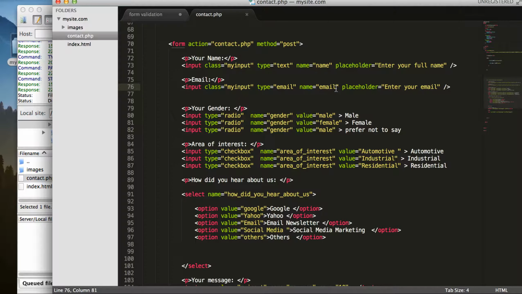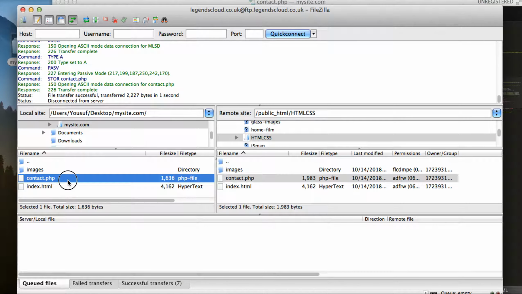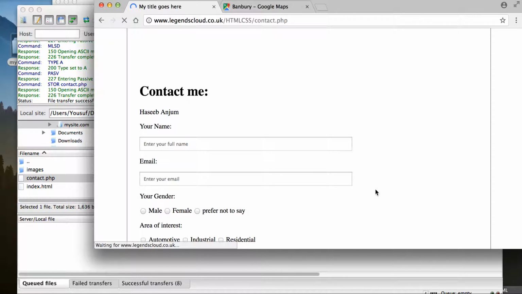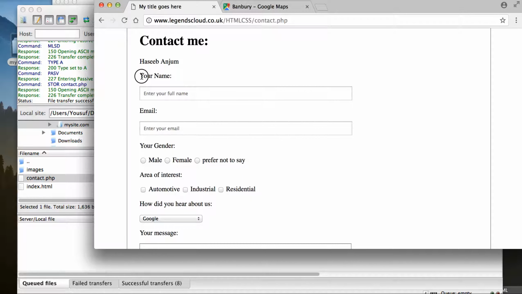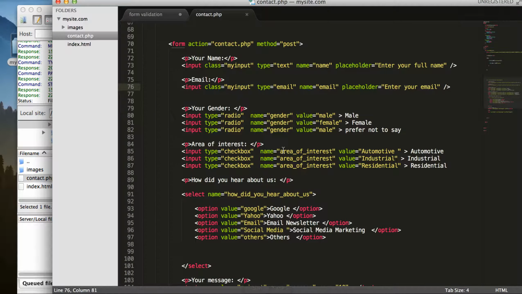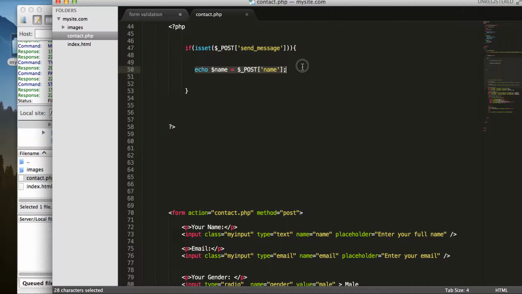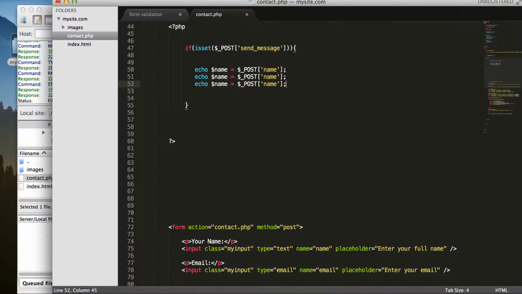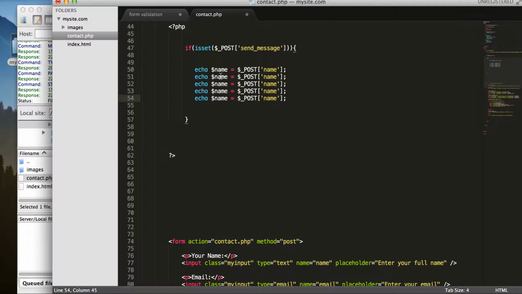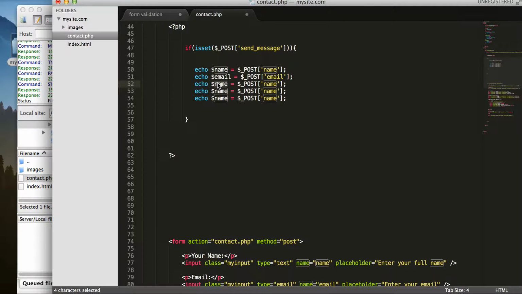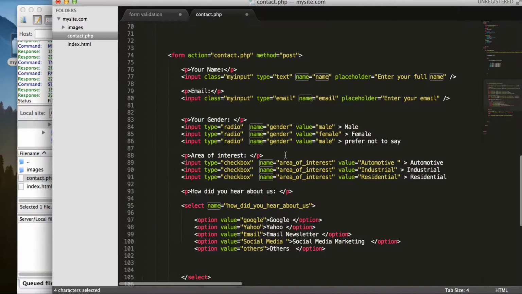So if I write the email, that email box should be coming up onto the page. If I process, as you can see, we have name and we have email. If I want to check whether I'm getting the email address as well, I just copy the whole thing, and I can copy the whole thing for all the other values, for example name, email, and we have email. Here we have, what was the other thing, we have gender,